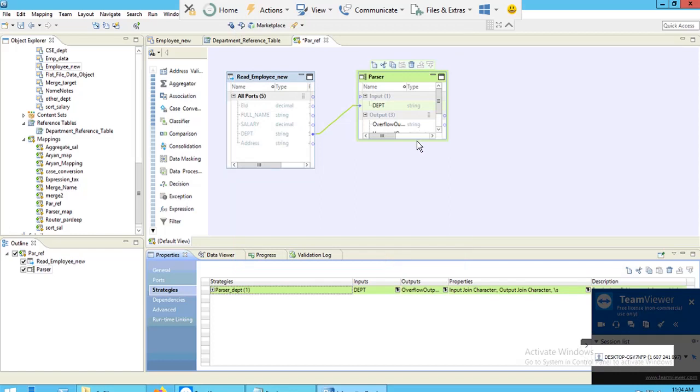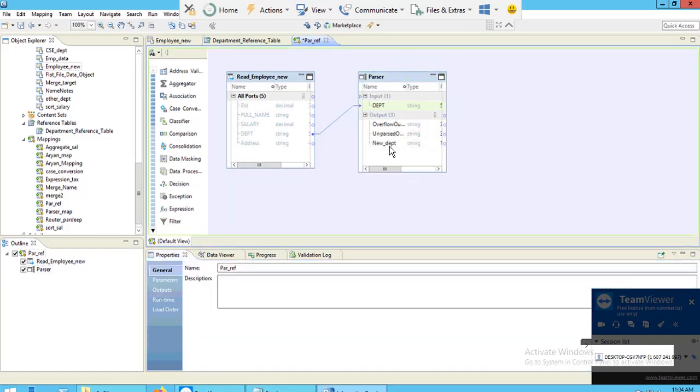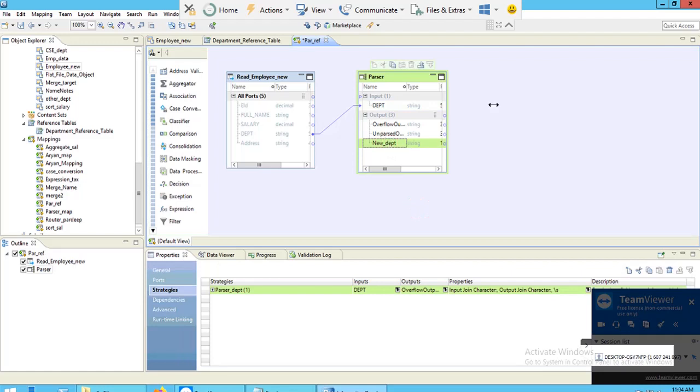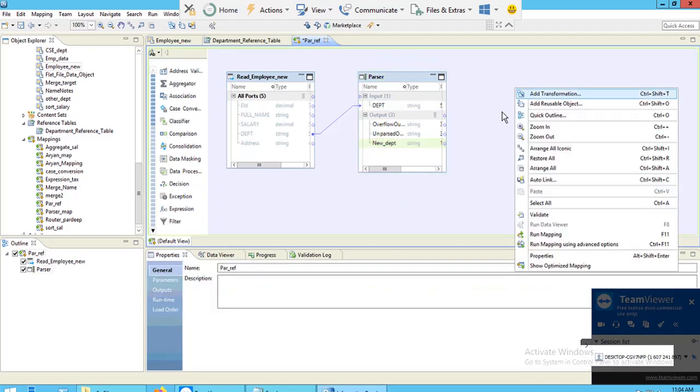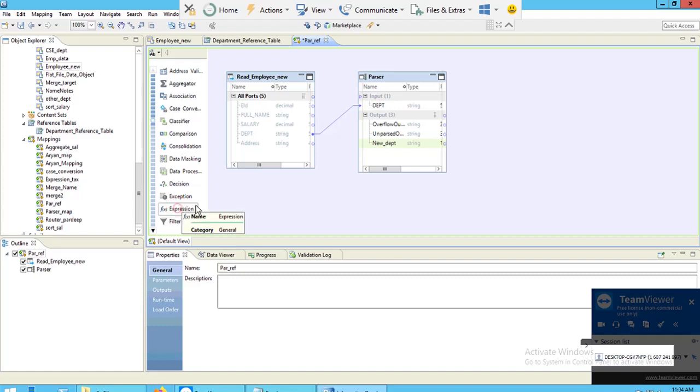Now you can see a new department port here. To view my data now, I can use my expression transformation.